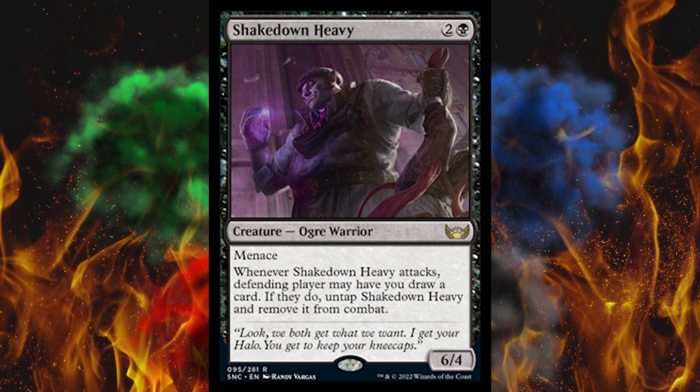Next up, Shakedown Heavy. It's a, oh wow, 3-cost 6/4 with Menace. Ogre Warrior, jeez. Whenever Shakedown Heavy attacks, defending player may have you draw a card. If they do, untap Shakedown Heavy and remove it from combat. Well, appropriate name. I do think this is a little bit too powerful though. Definitely. We have enough things like this between like that